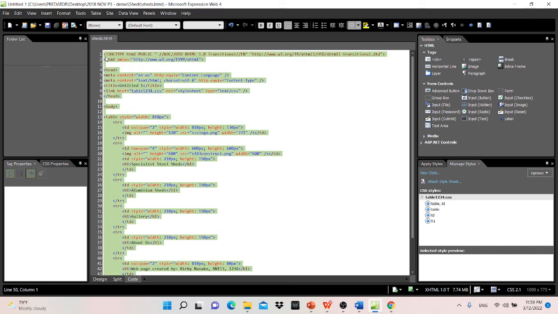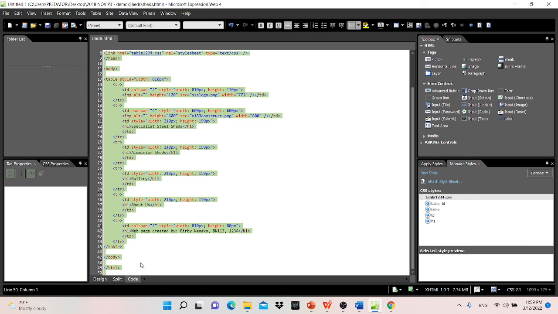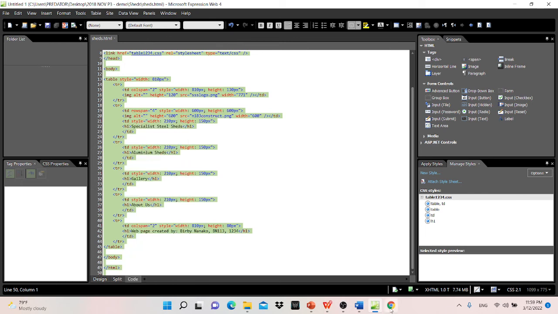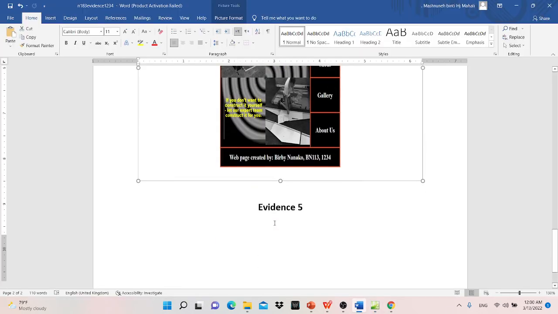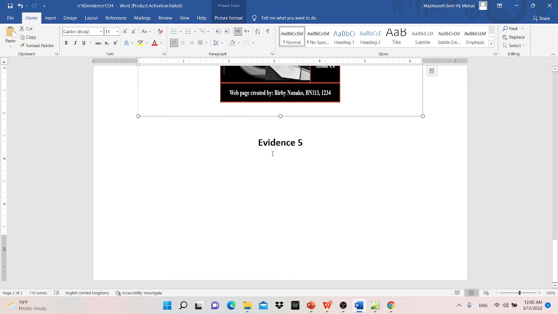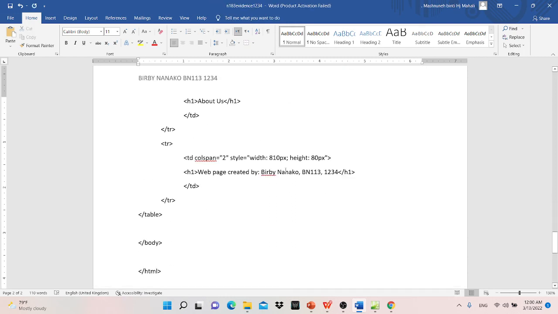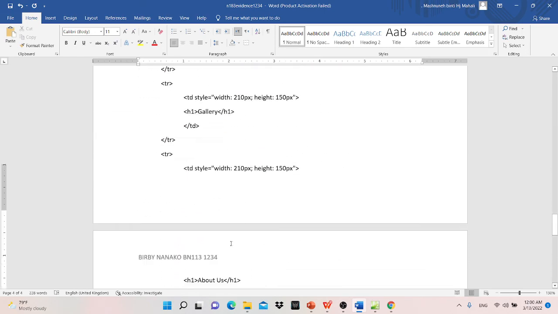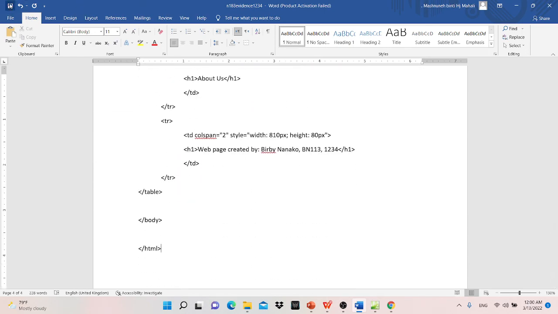Make sure everything from the top to the bottom you copy. You click Control C, or you right click the mouse and click copy, and then you go to your evidence document, you go to evidence number 5, and then you paste it. Everything must be inside your evidence document, and then make sure to save, because you're going to upload this inside your